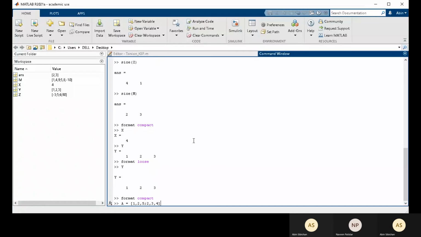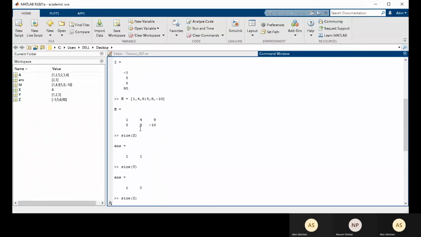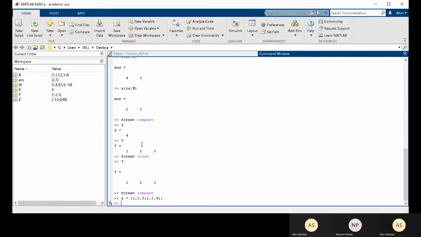This is where the second use of the semicolon comes in. We can terminate any line of code, as in it won't be displayed in the command window, just by adding a semicolon at the end of the statement. If I run this now, you can see there is a variable a which has the value that we have given, but the a value did not appear in the command window. Earlier, whenever I ran a code, all those variables appeared in the command window, but right now it didn't appear.